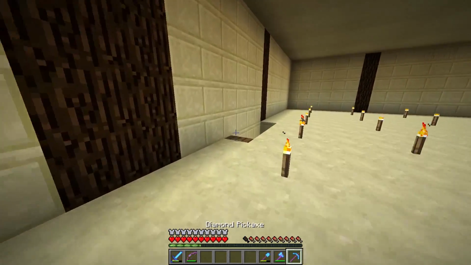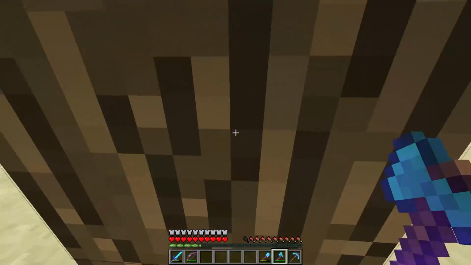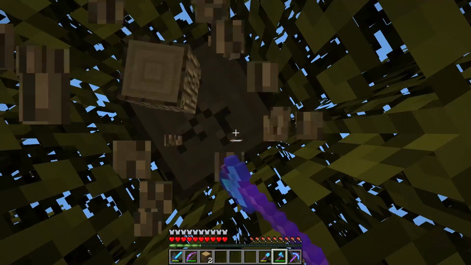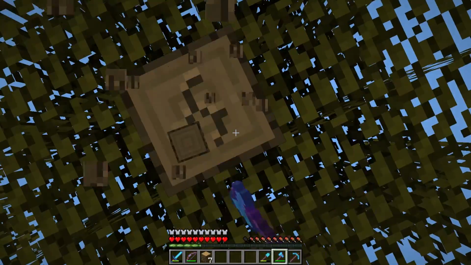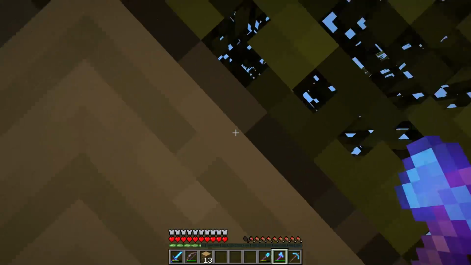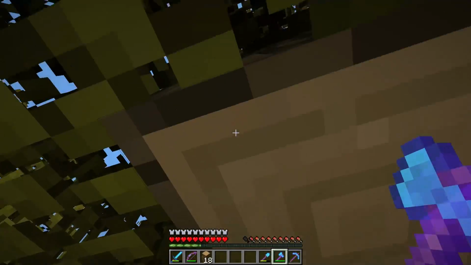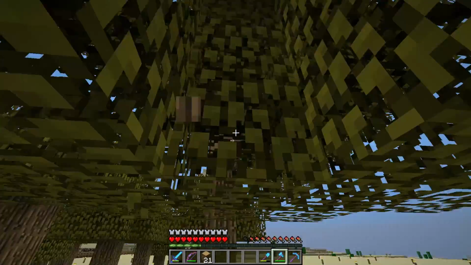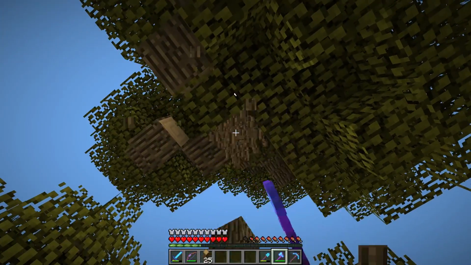Okay, so what should we do first? Actually, let's go chop down some wood. That'll be interesting. I have been low on wood for the last few episodes, so let's just go ahead and get this taken care of. I want to try and avoid cutting down any leaves, because this Silk Touch axe, I really wish that didn't have Silk Touch on it,